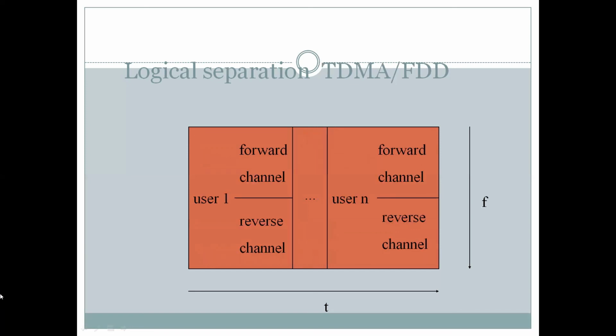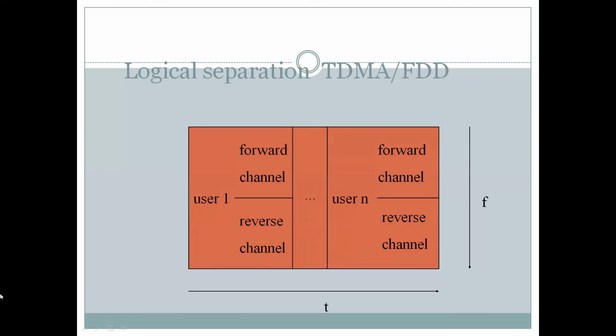Now we come to another permutation combination of these techniques. We will now talk about time division multiple access with frequency division duplexing. Now the separation between transmitter and receiver path is done using frequency domain, frequency division duplexing. However, the users are accommodated in time domain. So user 1 should be separated from user 2, which should be separated from user 3, and all these users should be separated respectively from each other in time domain, which is the x-axis. So therefore, you see a vertical separation.